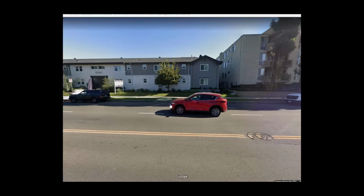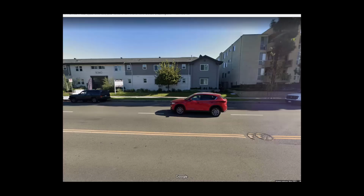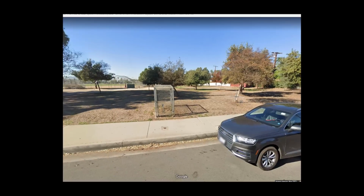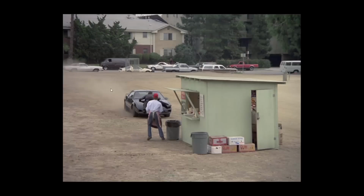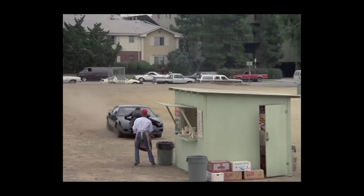All right, so this building right here, this apartment complex, is this building right here. Okay, so to put it in perspective. So if we turn around, well here, and let's see here. Yeah, we're off at an angle a little bit, so we should probably come down just a hair. And so right here, let's move down just a tiny bit more. So that shack would have been out in this area. Because if we come back here, yeah, we can see that he just jumped the curb and drove straight down. At this point, there were no trees or anything. If we look over here, it looks like the curb and then there's a road in here. So we can use that as a...